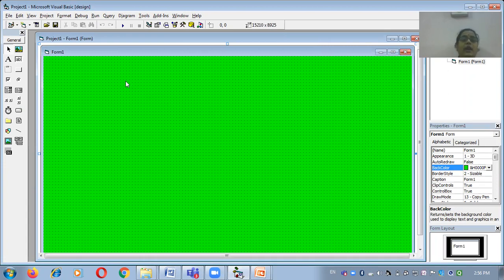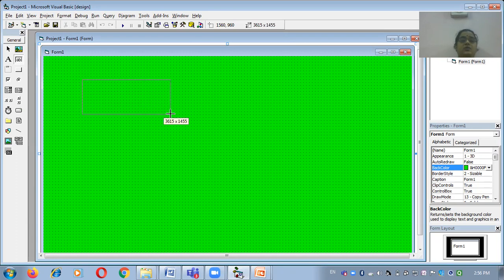Now, how to create a control array using the first method. So which is the first method? In the first method, we can create an instance of the control. I'm going to take a text box here.